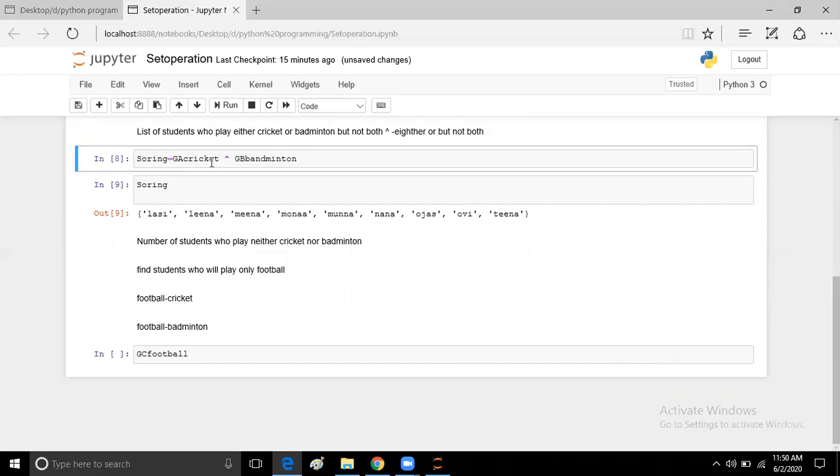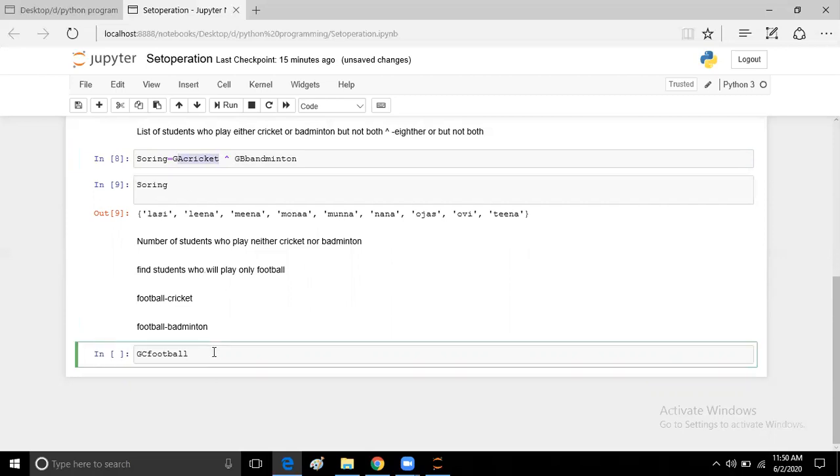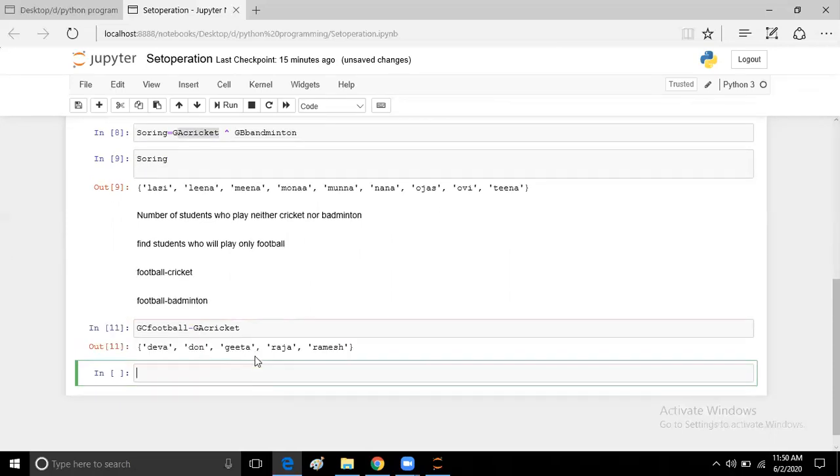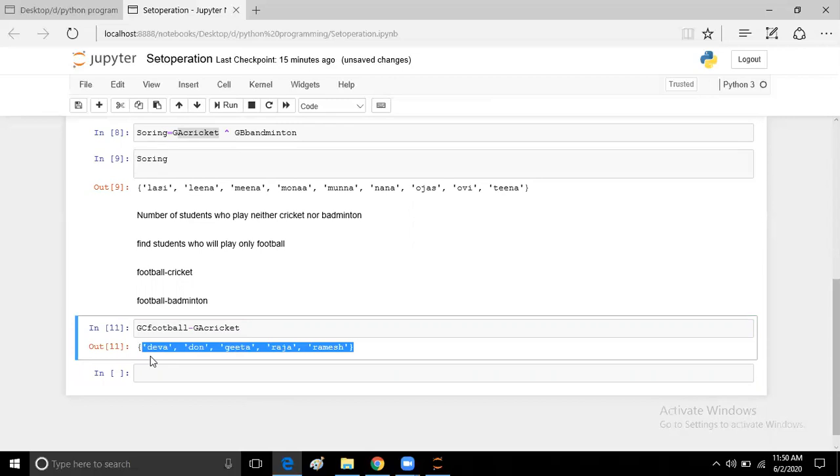So we delete the students from the football group who also play cricket. We perform the operation GC football minus group A, which is cricket. If you observe the result, here we got the list of students who play only football, not cricket.